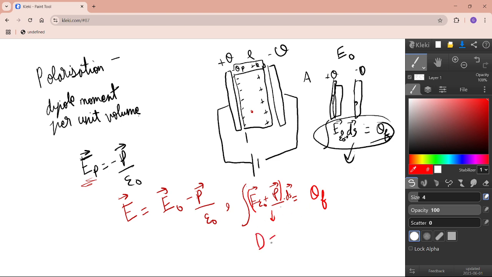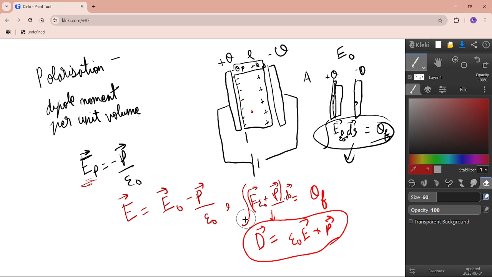So the electric field displacement vector is defined as epsilon naught E plus P. In other words, if there is no dielectric, the polarization becomes zero, and the displacement vector is just epsilon naught E. And in case of homogeneous, isotropic dielectrics,